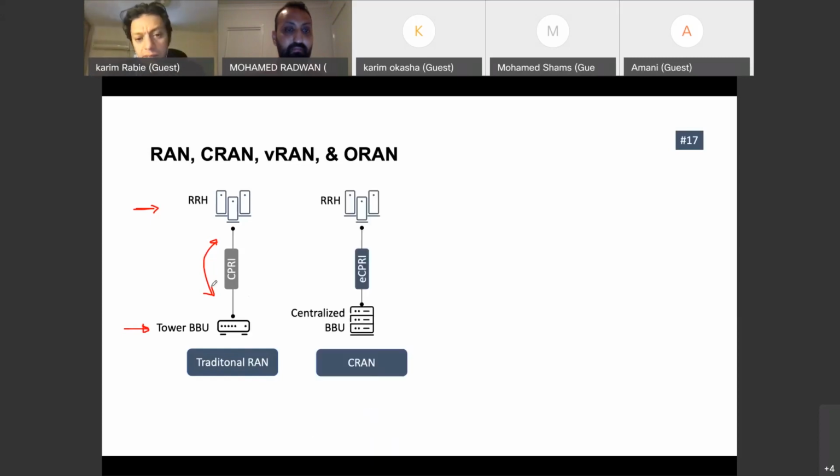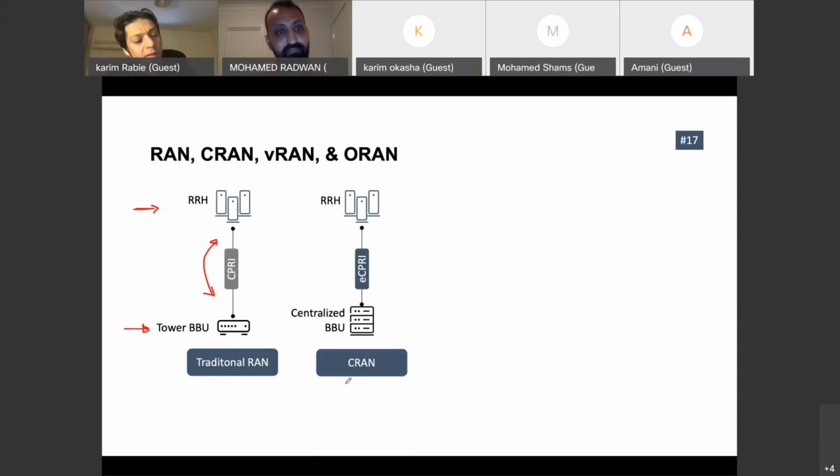And then there was a concept introduced by some vendors in the market. It was not really coming from standardization, which is the cRAN. If I am seeing the cRAN, one can interpret it as centralized RAN, and one can interpret it as Cloud RAN. But it all started with cRAN, centralized RAN.